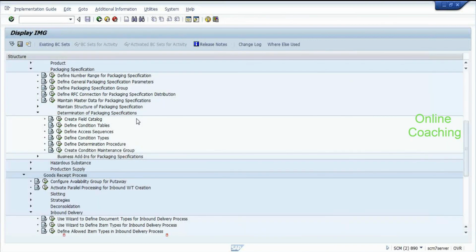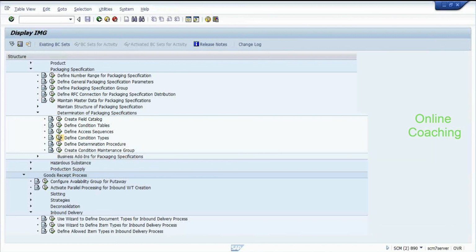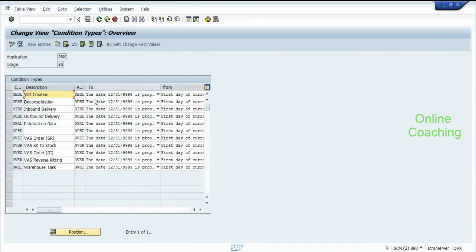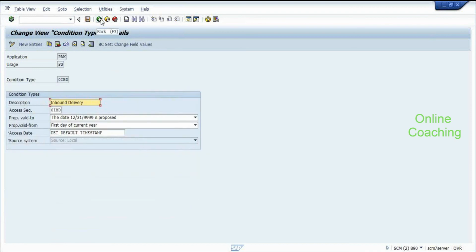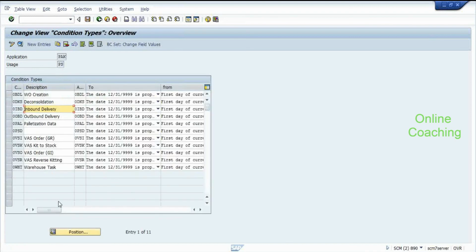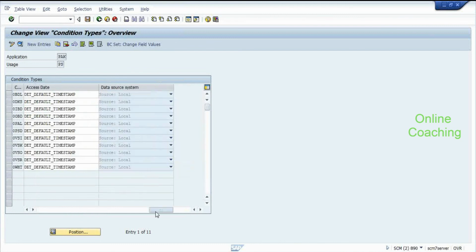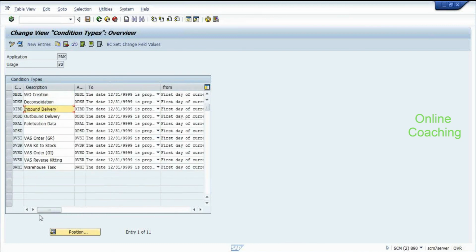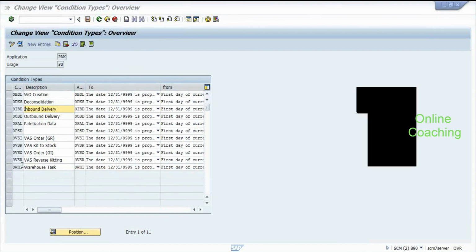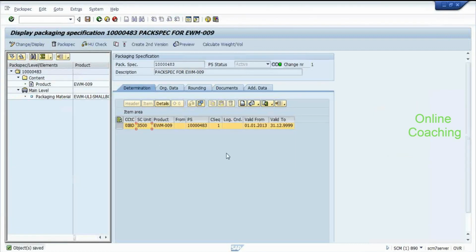See, basically, this condition type that we have, if this is the condition type that I've created, how do I link it, right? You're saying, how do I have this linkage of this condition type with a certain inbound delivery. Now the thing is, when you're talking about a certain inbound delivery type, this packaging specification that we create,